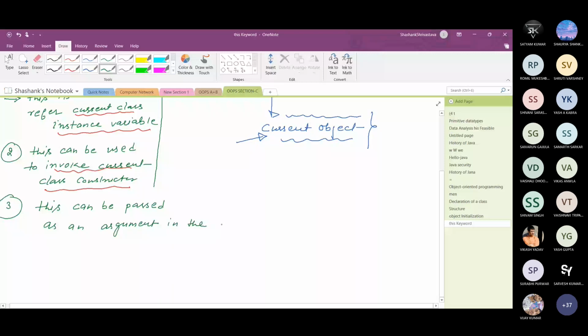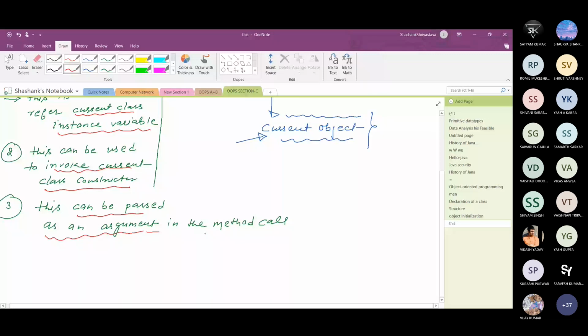Because it is a reference variable, it can be passed as an argument in a method call. This is the third use.